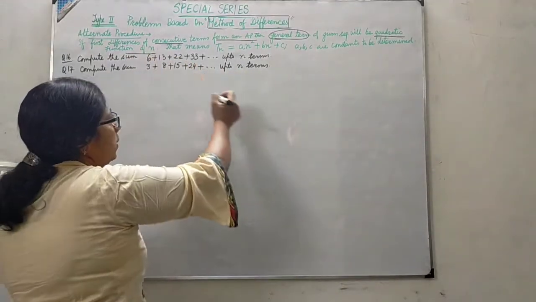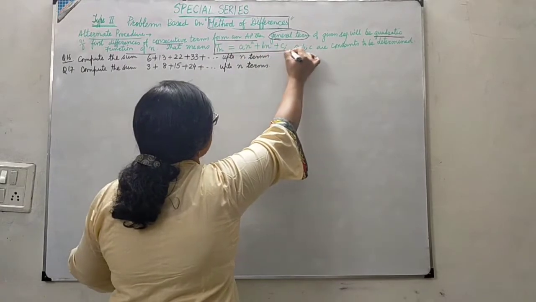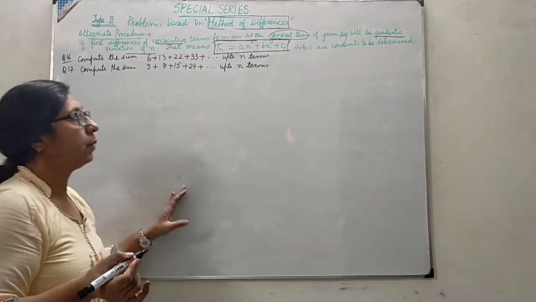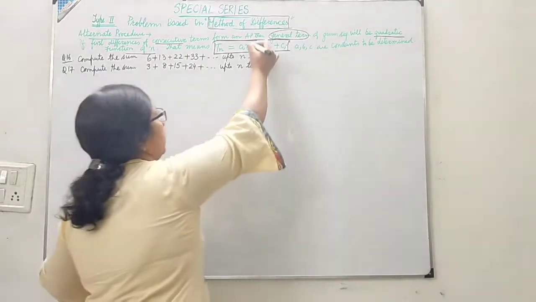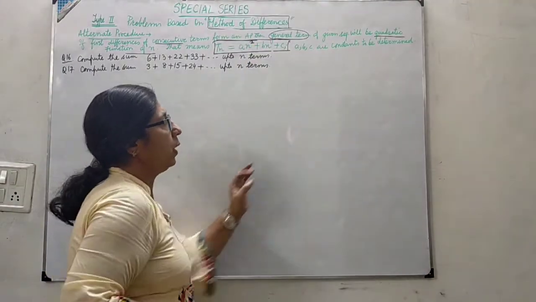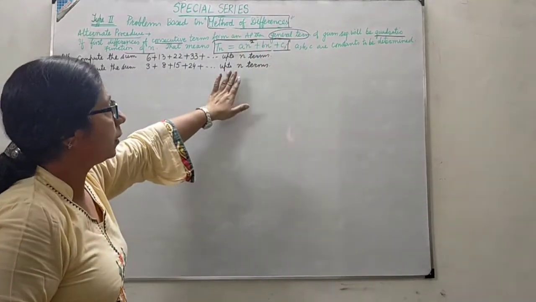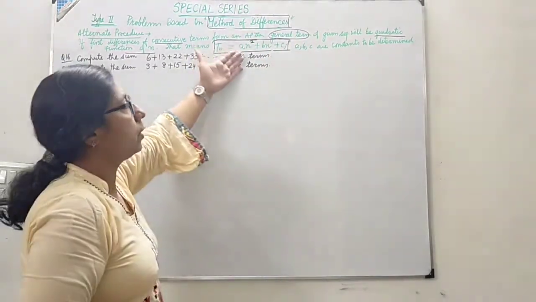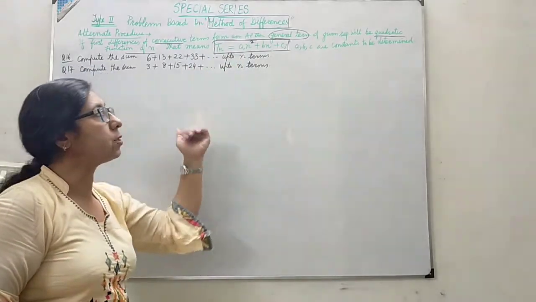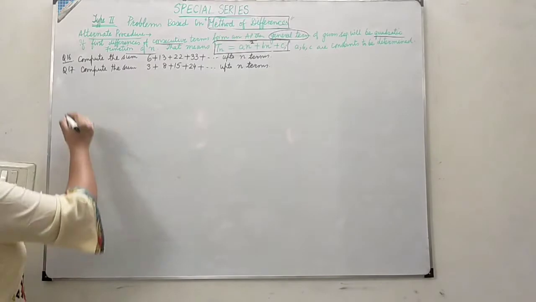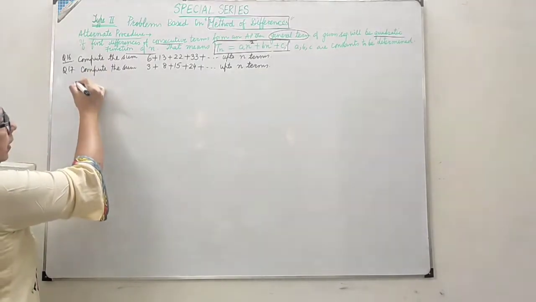Quadratic function of n means I can take Tn as an square plus bn plus c. Although this is a competitive way, you can do it the proper way in the exam as well. A, B, C are constants. We can determine these constants, then our Tn will be determined, and the rest of the procedure for finding Sn will remain the same. Let us do one question based on this method.